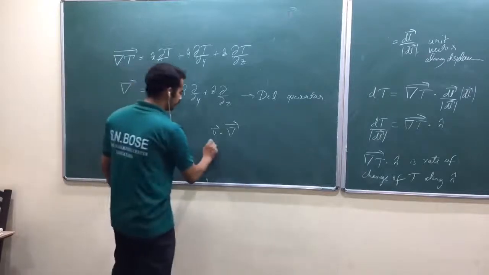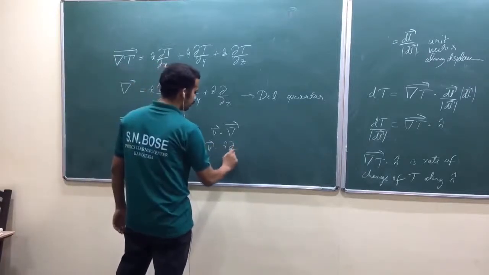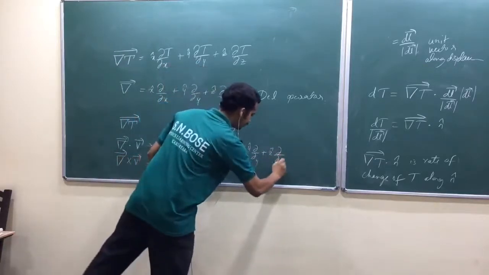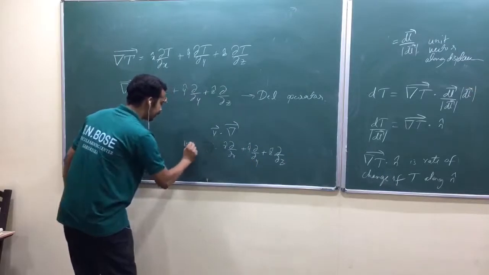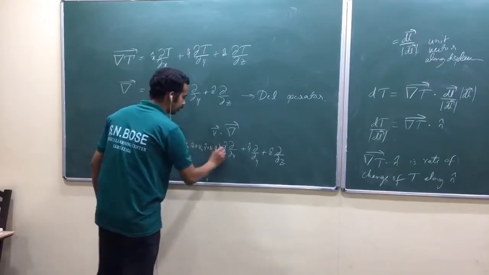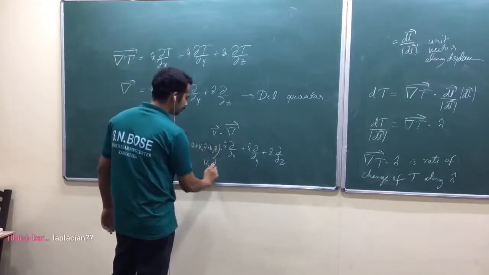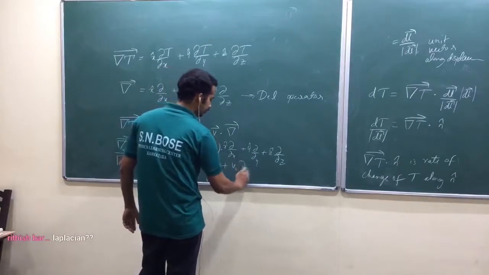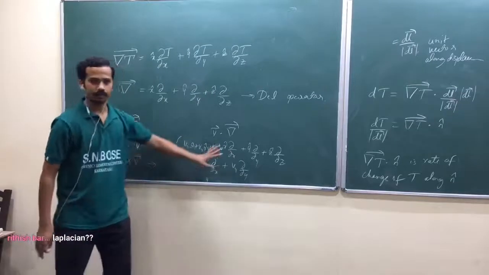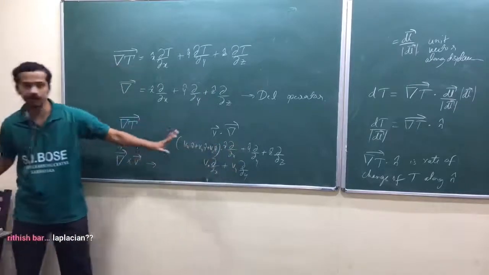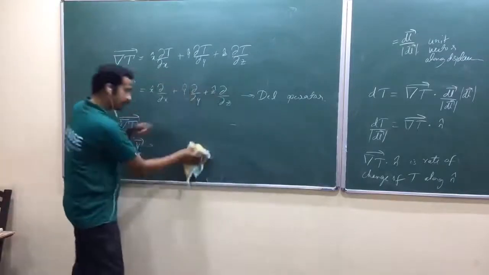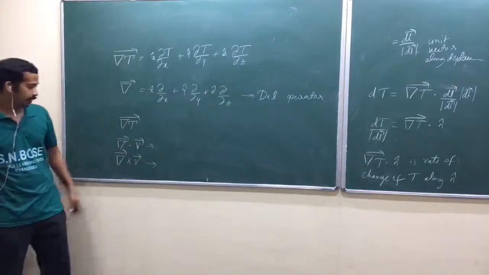It is like this: V dot x cap dou by dou x plus y cap dou by dou y plus z cap dou by dou z. And you can write V as Vx x cap plus Vy y cap plus Vz z cap. If you take the dot product, what would happen? Vx into dou by dou x plus Vy into dou by dou y and so on. It's not a scalar or anything; that's again an operator, okay? Let me not talk about this one right now. I am talking about only these three. This ulta is also possible, that's why I just mentioned it.